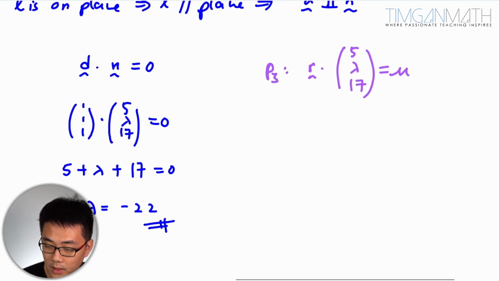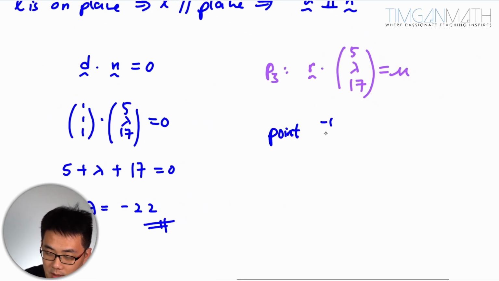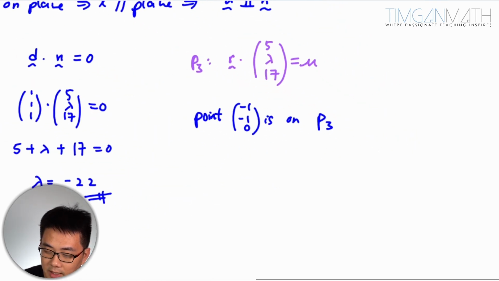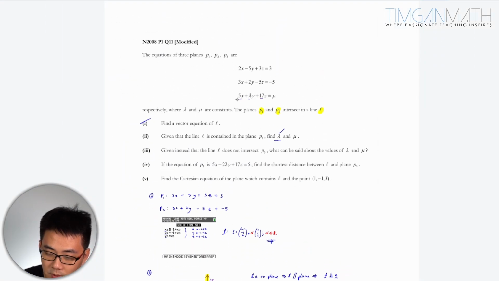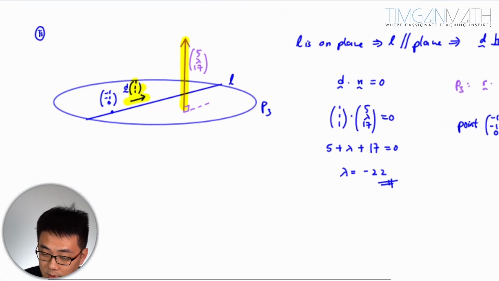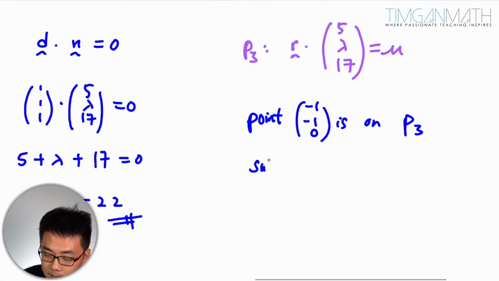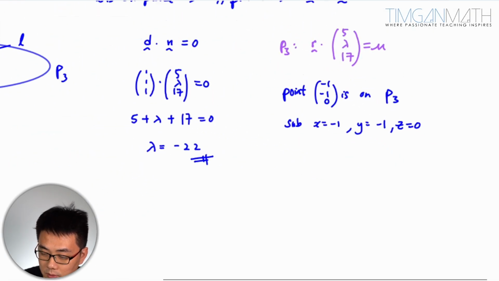So substitute the point (-1, -1, 0) which is on P3. Essentially, what I get here is just substituting into the Cartesian equation. So substitute x equals -1, y equals -1, z equals 0 into